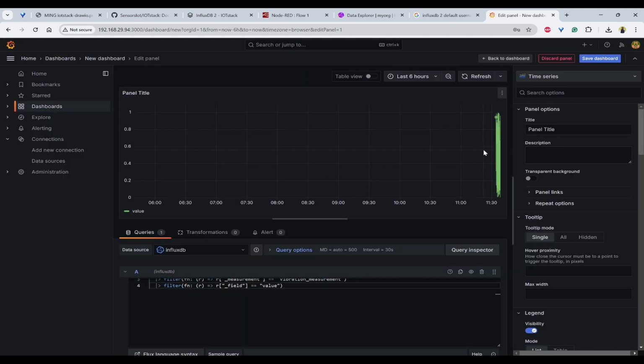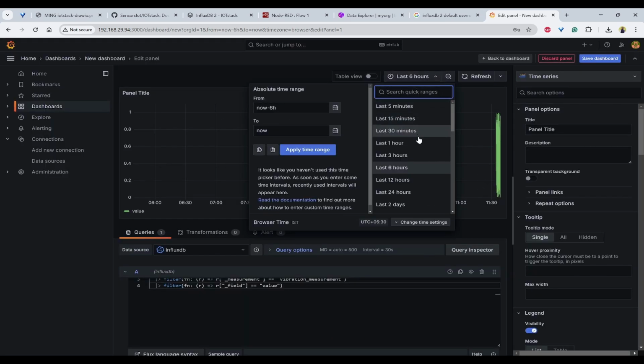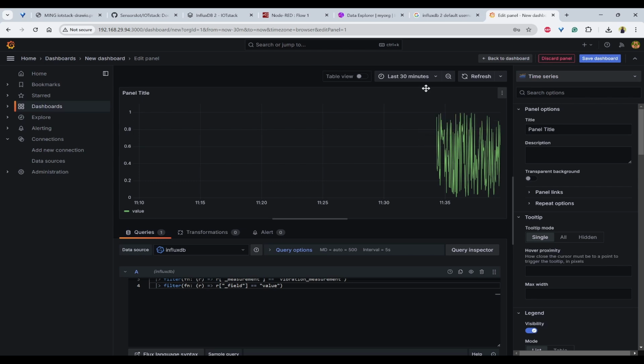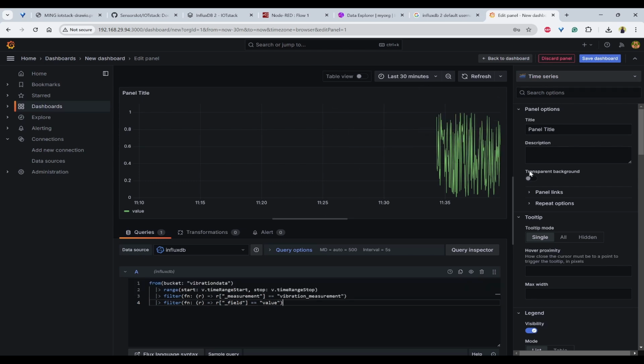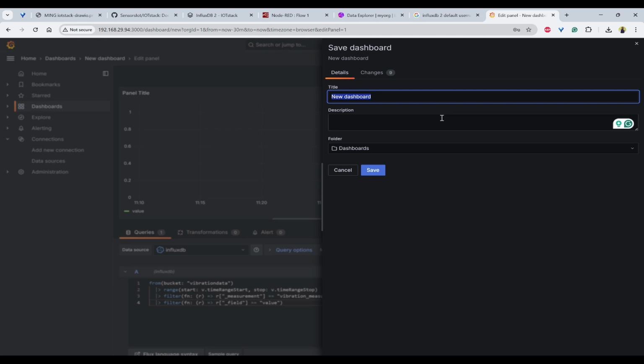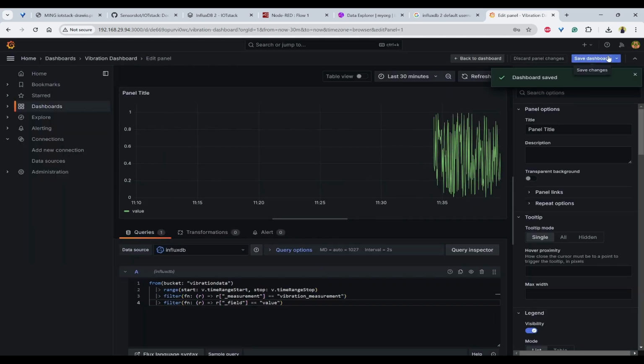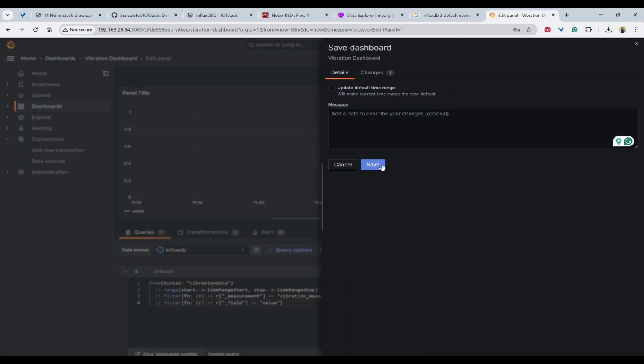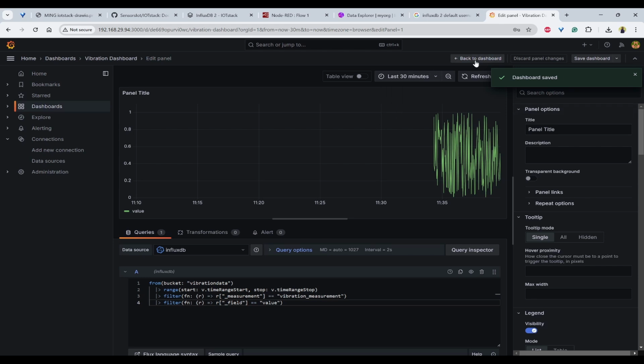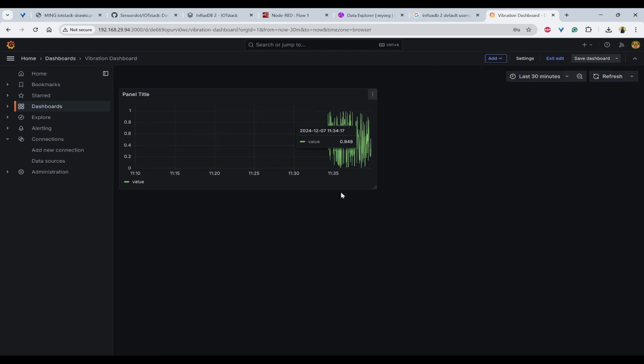Now you should be able to see the values. I'll keep it to the last 30 minutes and click on save dashboard. I'll click on save again and we can see the dashboard.